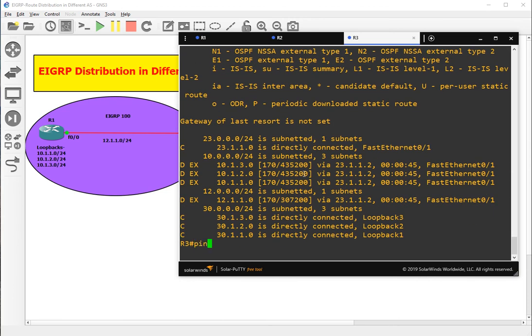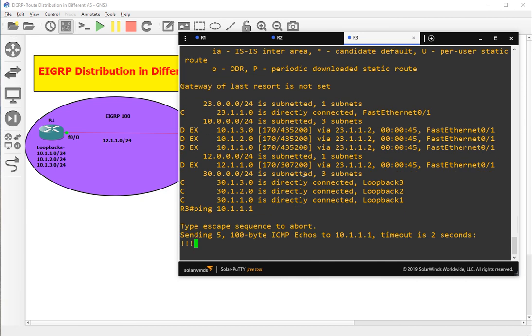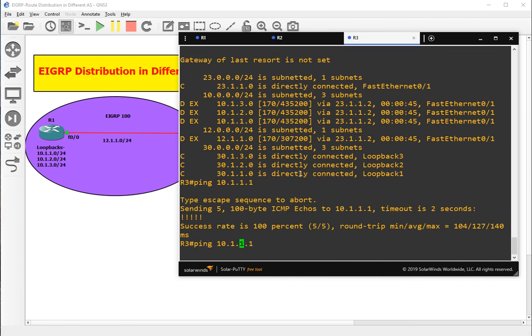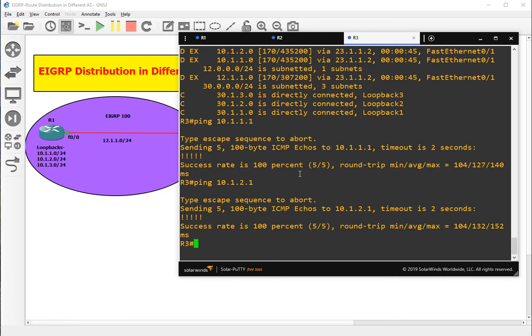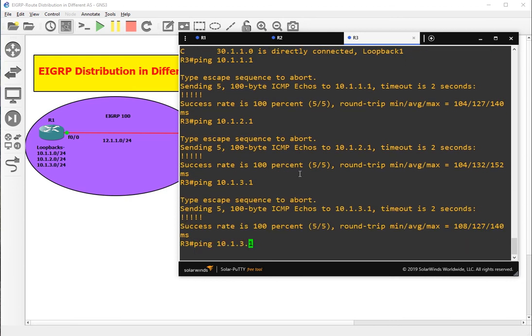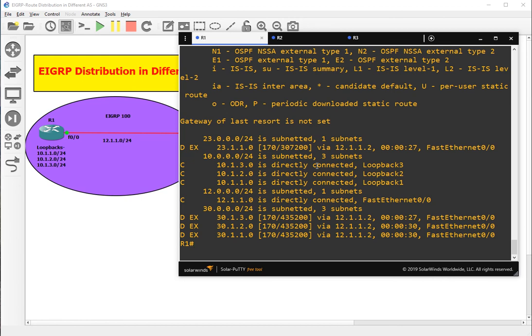Okay, and now we should be able to ping. End-to-end ping will work now. Okay, 10.1.1.1, 10.1.2.1, 10.1.3.1, and let's ping 12. Okay, now we have end-to-end connectivity.